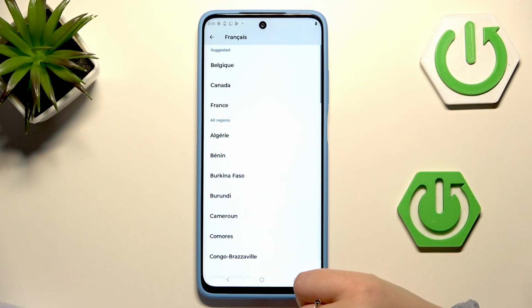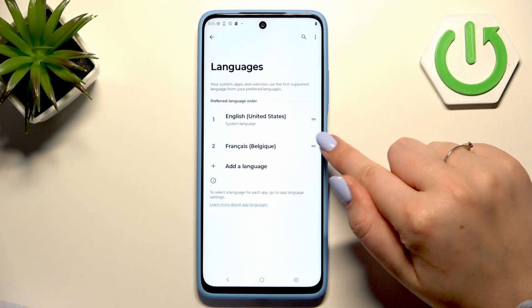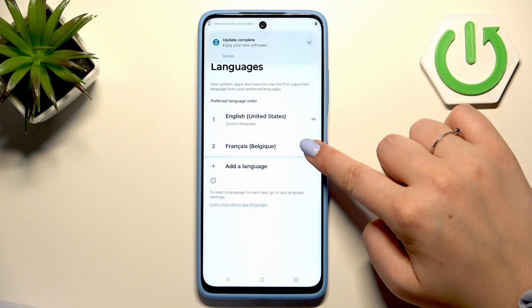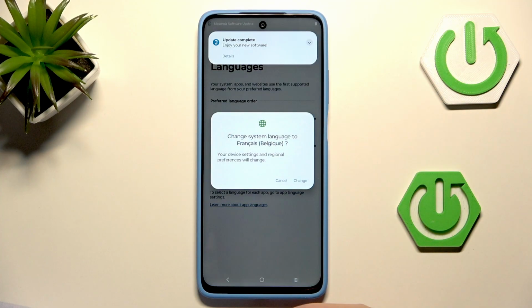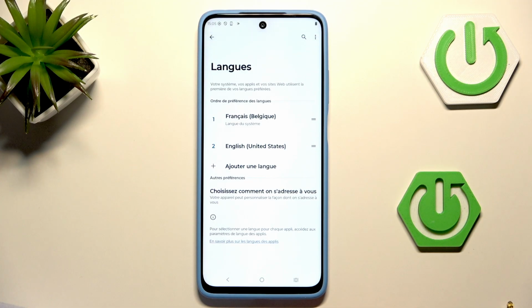After finding, just tap on it, choose the region by tapping on it, of course, and as you can see the language has been immediately applied. Now we have to tap on it and hold it, and then drag it to the very first position at the top. Then tap on change, and as you can see from now on, the whole system will be displayed